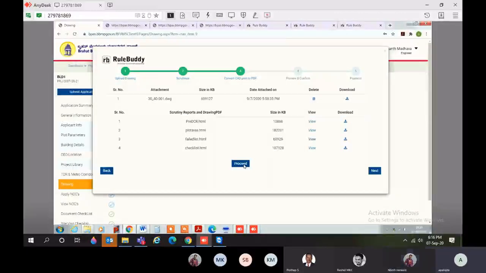Click on the proceed button to print PDF process.